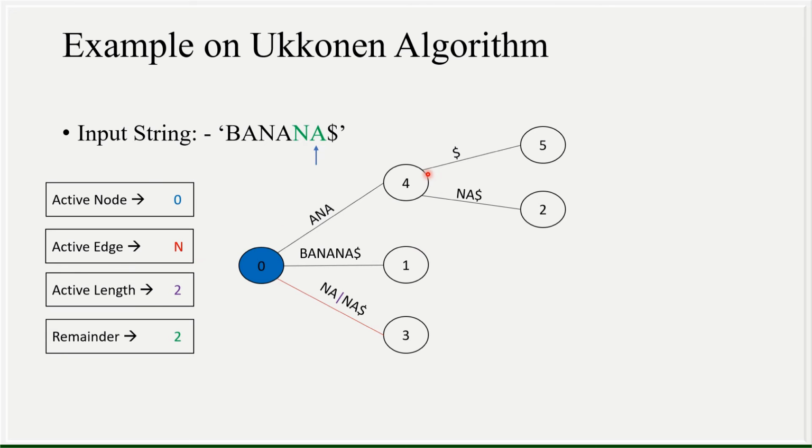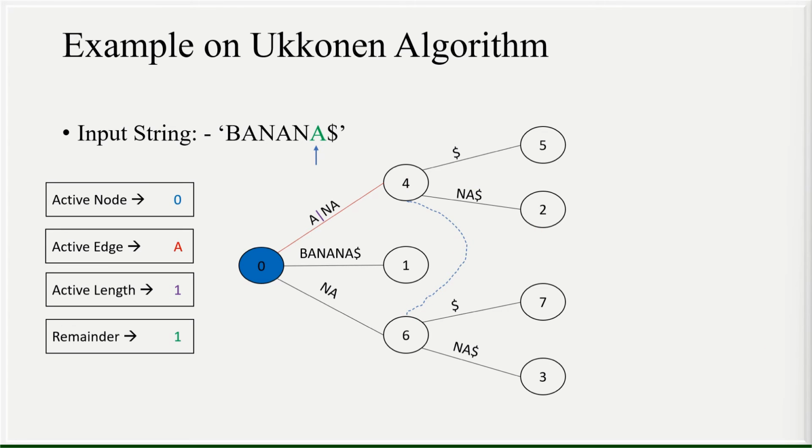And once we have split from this node, the active edge will now get changed from A to N, and the counters will get decremented, as there are now only two remainders or two common things, because ANA is one, but not so now; the common things are NA and A. And again, the NA part will get split according to the second rule, and this crooked line, as you can see, is the suffix link.